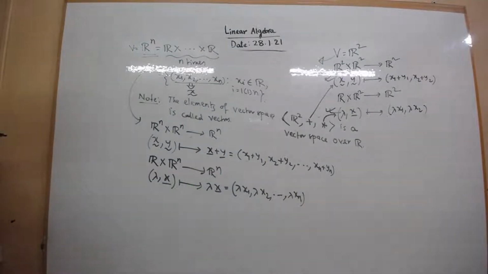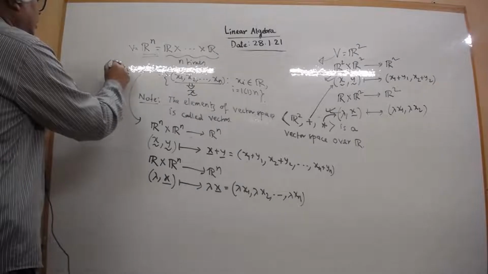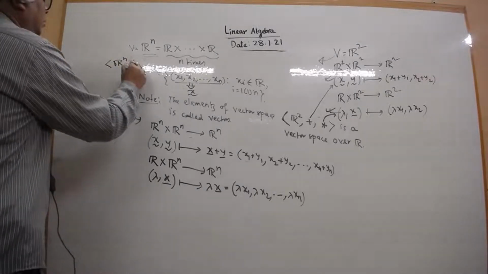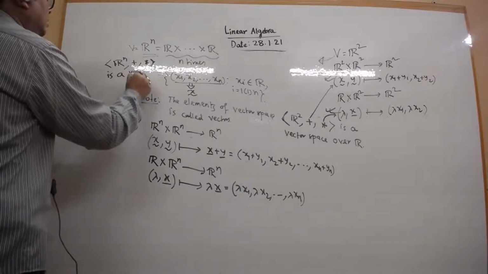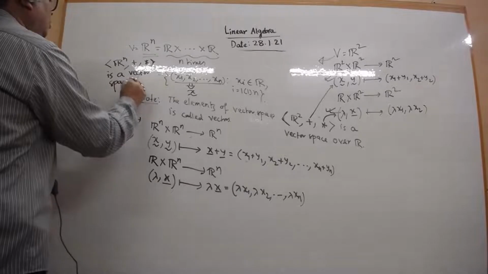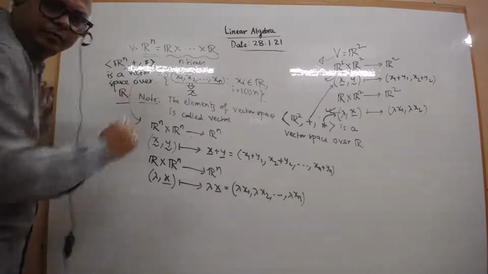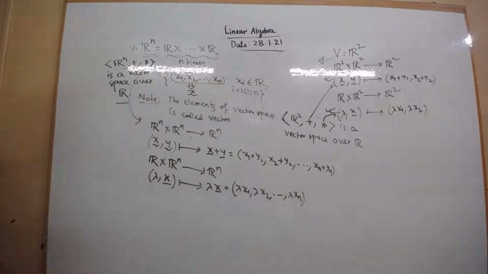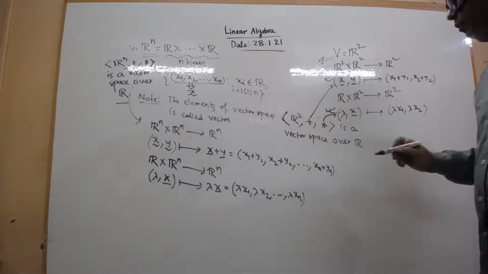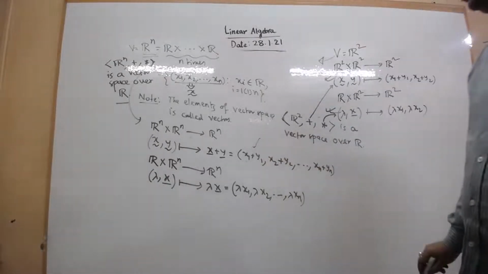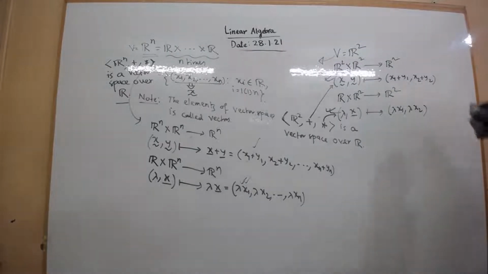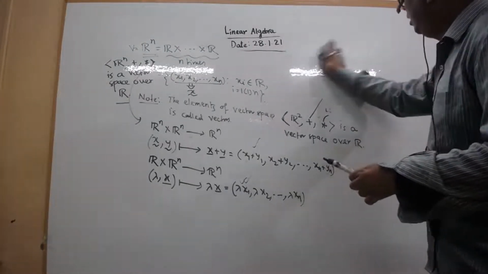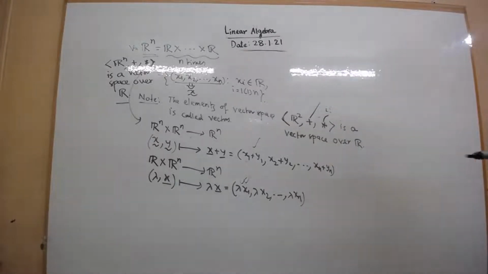Then you see that Rn with plus and star is a vector space over R. For this reason, we define our addition as the element-wise addition, and scalar multiplication as follows. So under this condition,